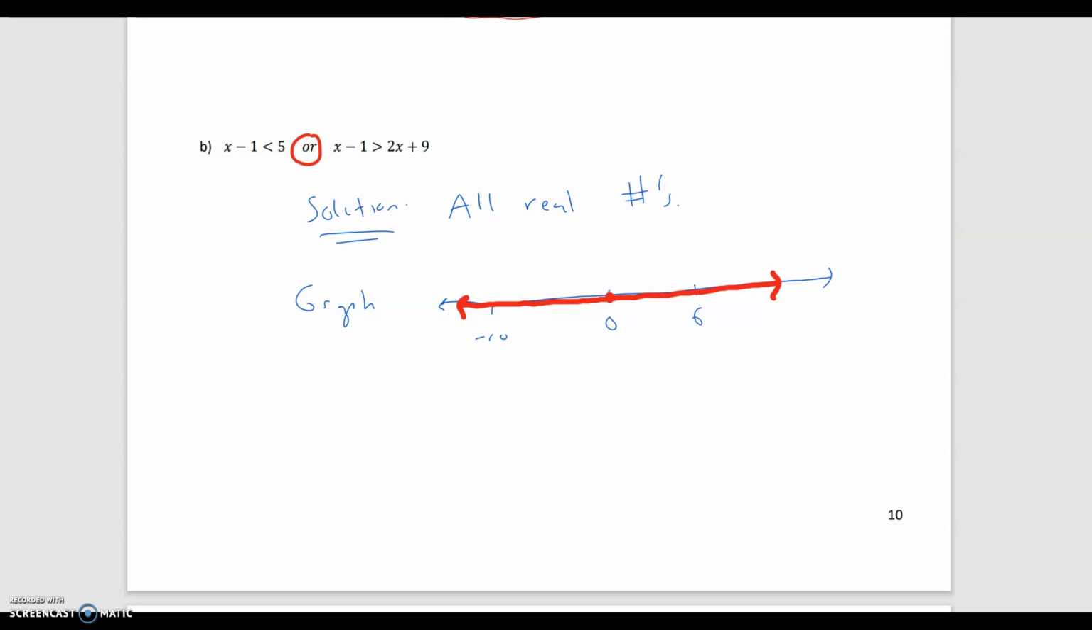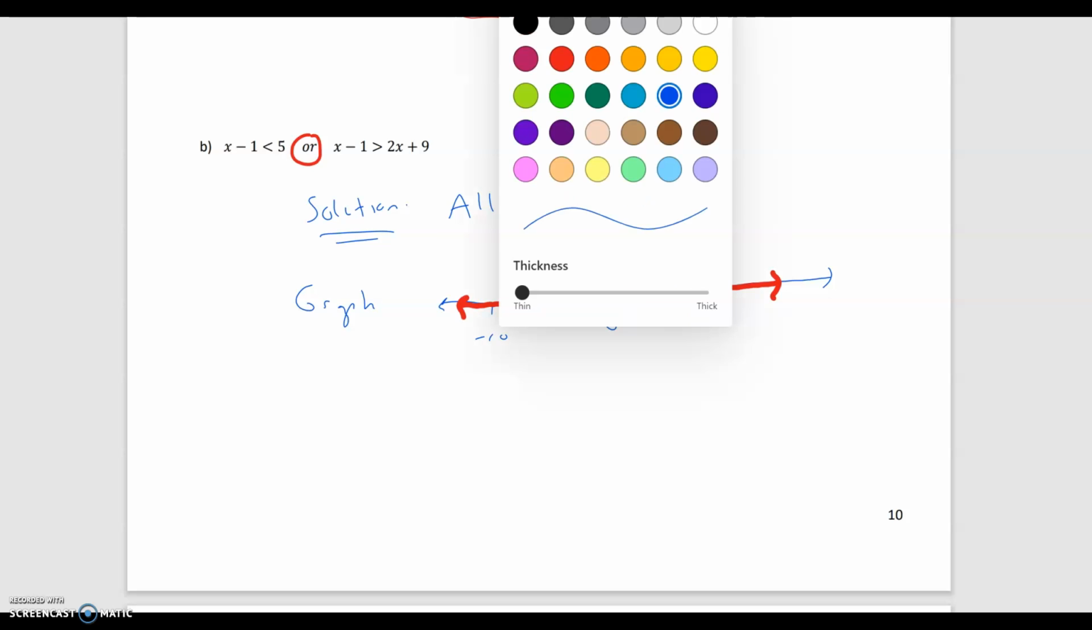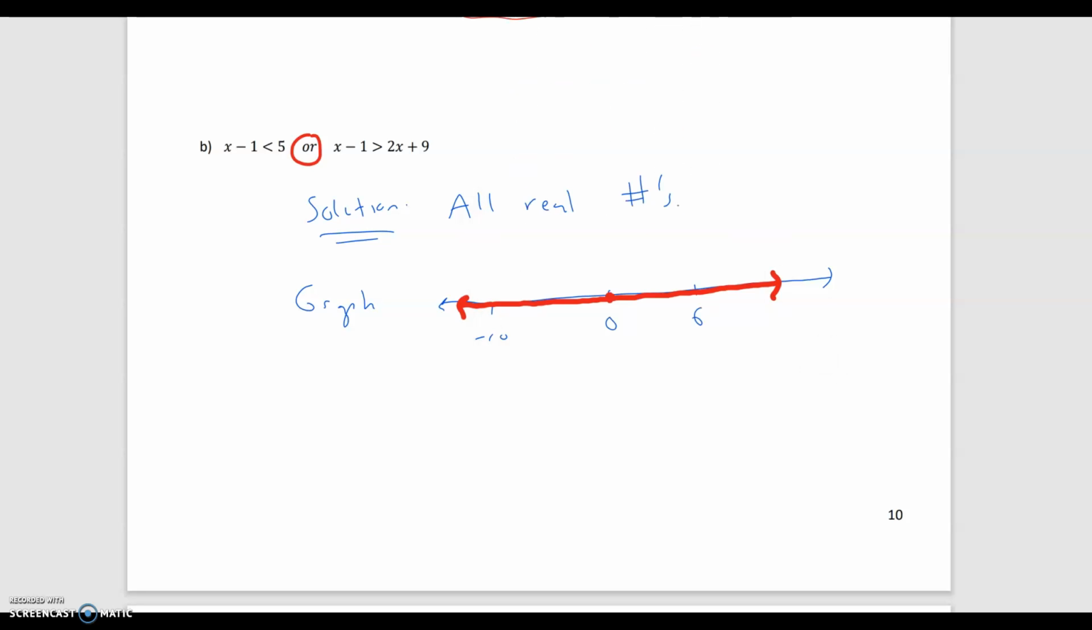Hi class, the last video cut me off just when I was about to write the interval notation. Let me write it here. So the interval notation for this one,